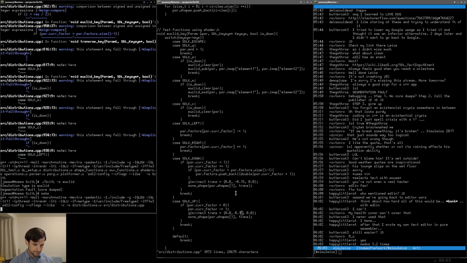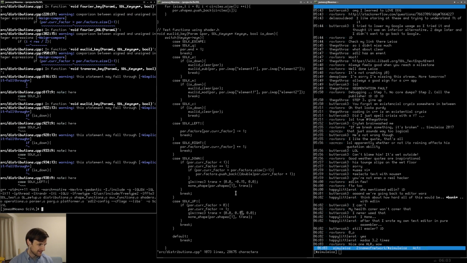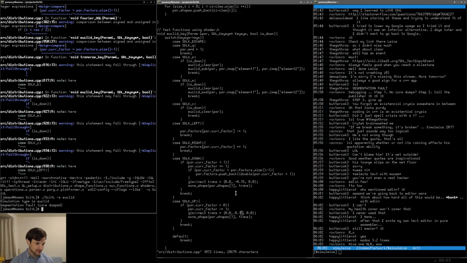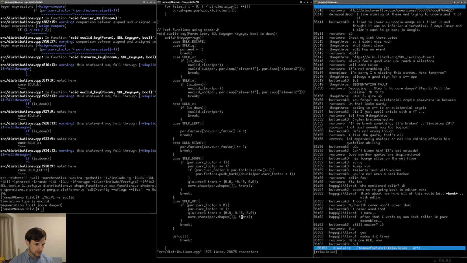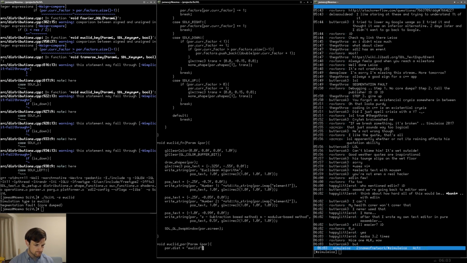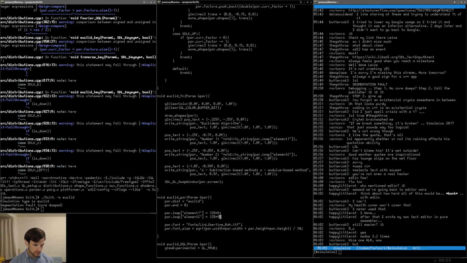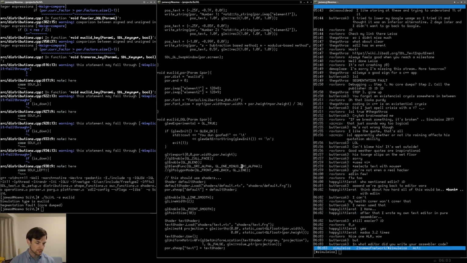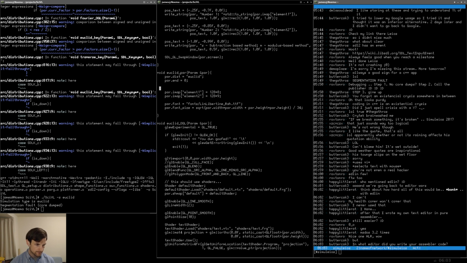Make that. Oh man, this is great. Oh great, okay. Fantastic. So now we just have to change everything so we use par.factors, and this should be okay. So now what we want to do is, element 1 and element 2, I don't think we want to do that. Instead, we want par.factors 1 and par.factors 2. So we're going to say